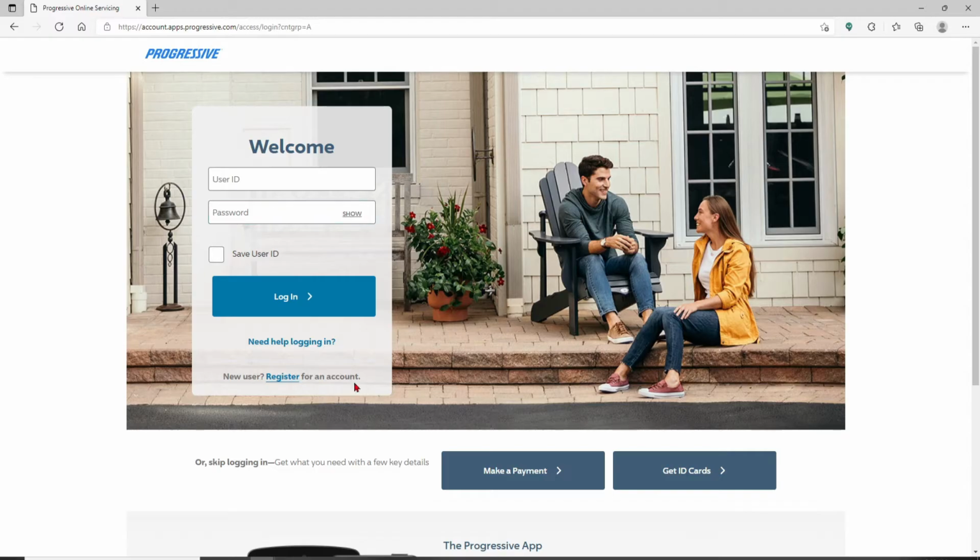You'll end up in the login area on the next page. In the user ID text field, type in your user ID associated with your Progressive Insurance account. Make sure to type it in correct. Head over to the password field and type in your password correct as well. You can double check before moving on by clicking on the show link at the right corner, which will help